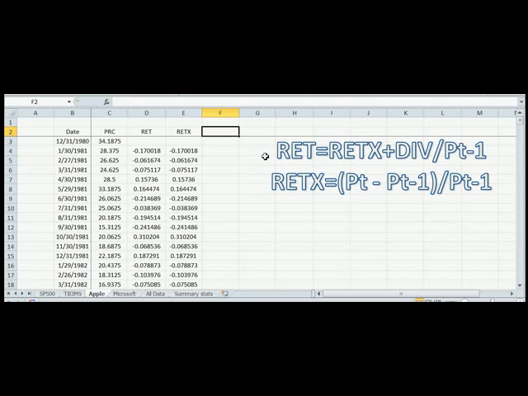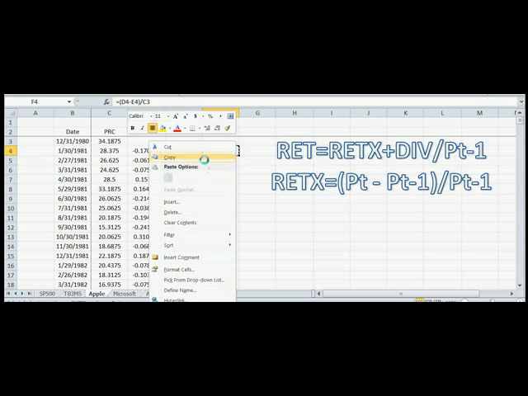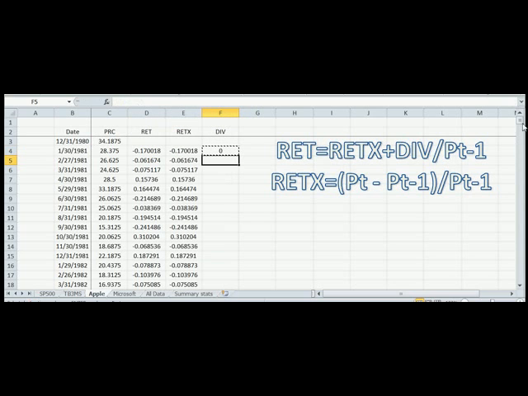To compute the dividend, the only formula you need is this return formula. So you should add one extra column called the dividend. And in the first cell, you type in the equation that solves dividend, which is return minus capital gain divided by, remember, its previous month's closing price, and you'll get the dividend. So after you have the first one, you just copy it, select the next cell, and